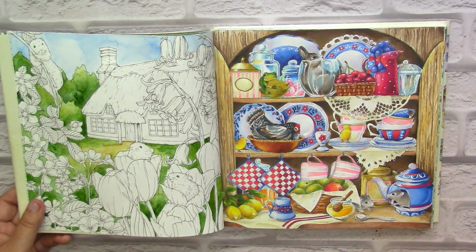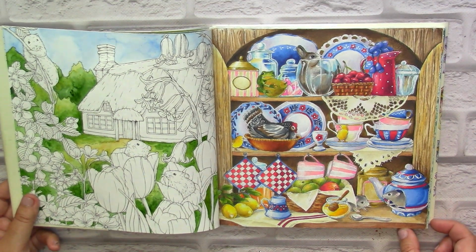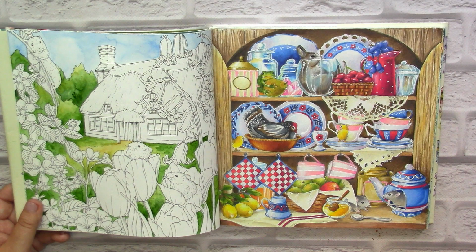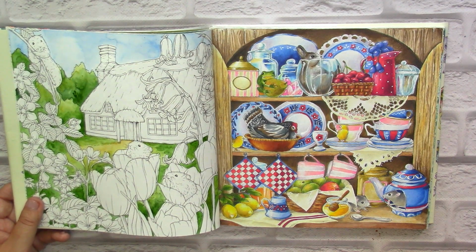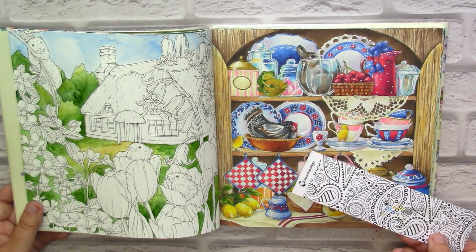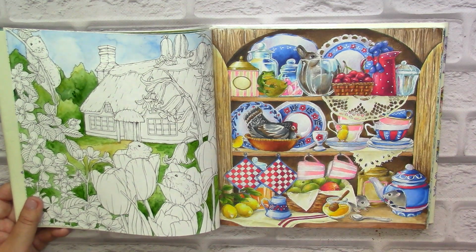And here I also was very happy with how quickly and easily I colored this one. It always was one of my favorite pictures here. You know that I love to color everything for the kitchen theme. I decided that as we have here a lot of various objects, I need to divide them into several color groups. For the main table I selected these blue, white, red classical colors, I was inspired by, how is it called,